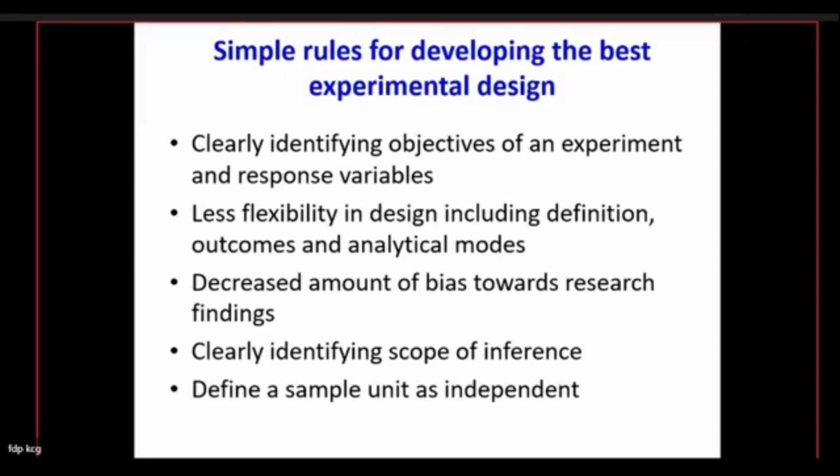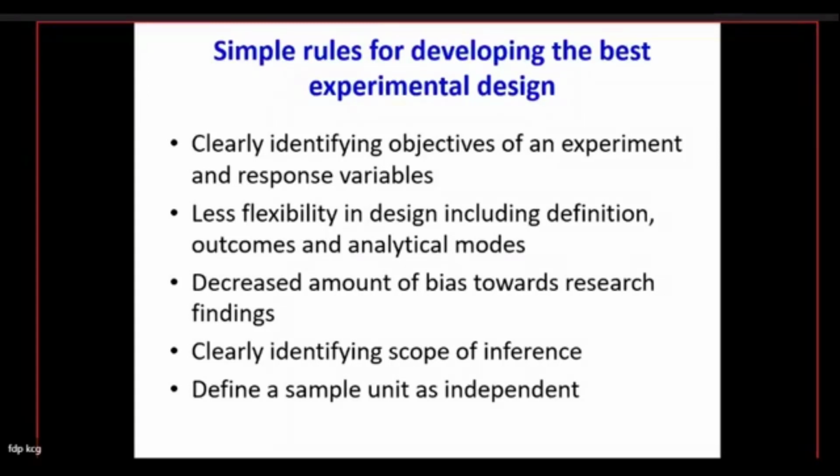So first, your objective should be clear. Then your experiments should not be much flexible. It should be stringent. If there is more flexibility, then there are more chances of error, including the definitions, outcome, and analytical model you are using. They should not be very flexible. Decrease the amount of bias. No personal bias, no institutional bias, no bias from the field should come. And for that, the thing we have discussed is